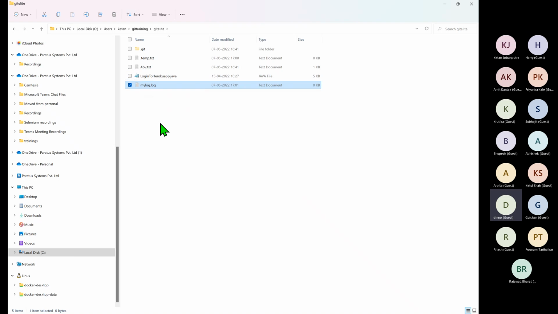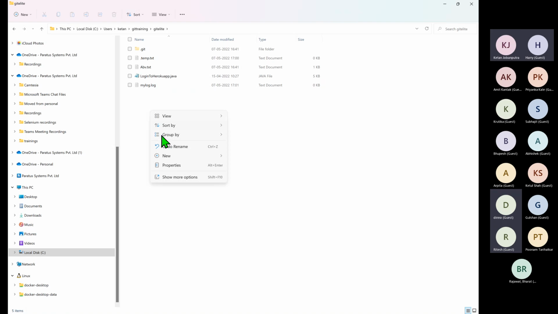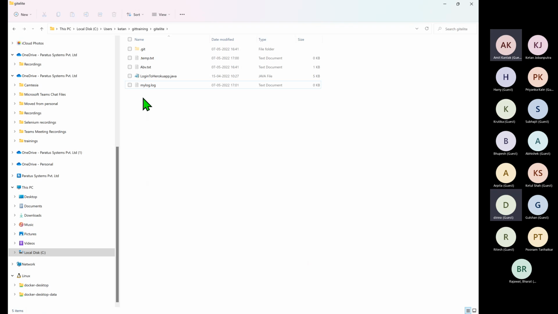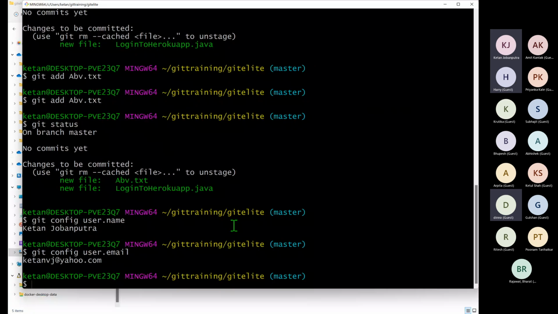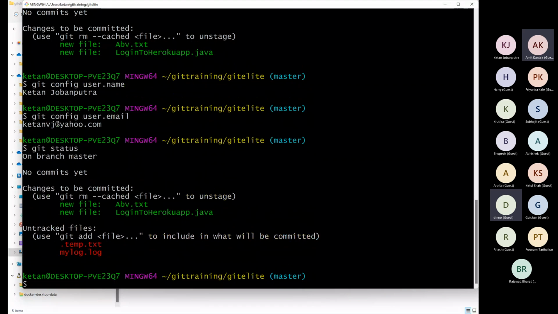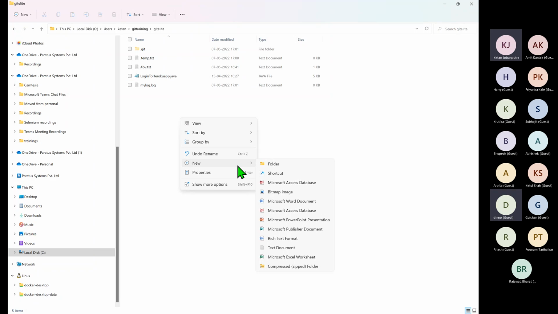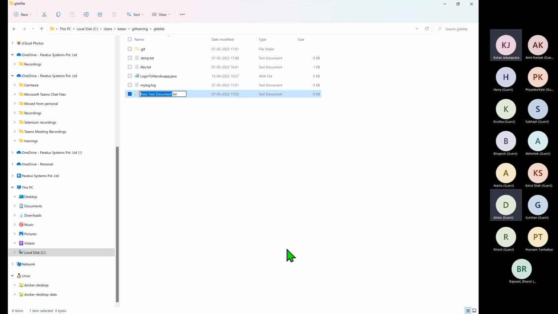Everyone created? Just right click, new, and text document. So one text file and one mylog.log. Everybody with me? Two files got created. Now go to Git Bash and do git status. These two files are appearing as untracked files. Now go back to Windows, right click, create a new file, text document, and name it